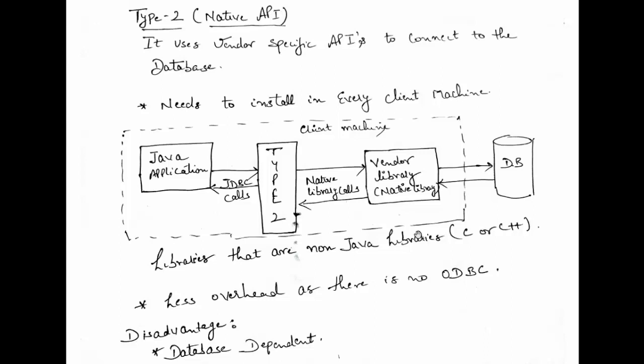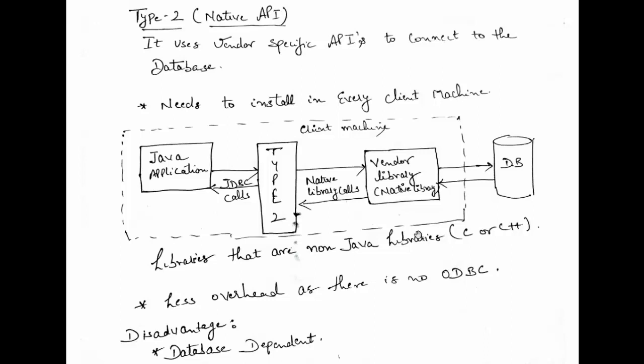For example, the Oracle database provides a native library that is known as OCI, that is Oracle Call Interface. Oracle Call Interface is the vendor library or the native library that is useful for the conversion of the JDBC calls into the native library calls for the database. So if we change the database from Oracle to MySQL, then MySQL is not having the vendor specific library, so this system is not feasible for this type of particular database.